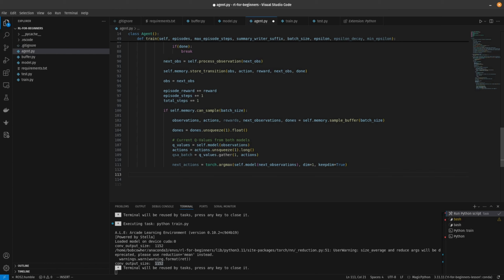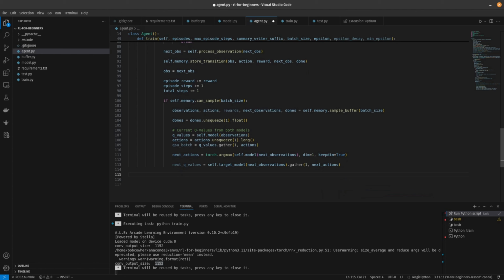So we're going to go ahead and say next Q values is equal to self.targetModel next observations dot gather one next actions. We're going to grab a target batch of rewards dot unsqueeze 1 plus 1 minus dones times self.gamma